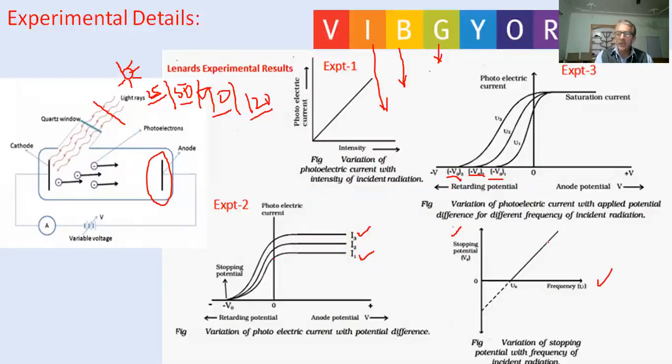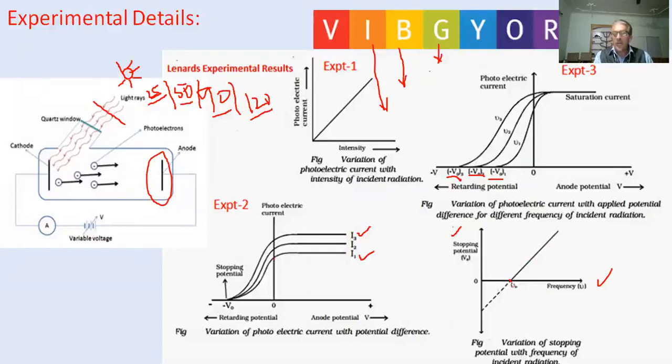If we move backward, it touches the frequency axis at this point, and this becomes the frequency nu zero, which is called the threshold frequency. And this threshold frequency is the frequency below which,